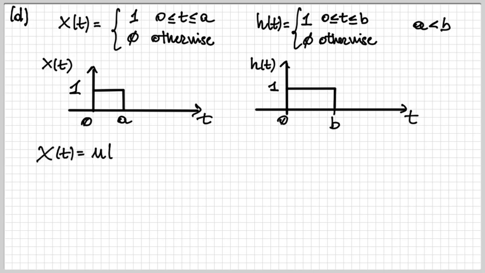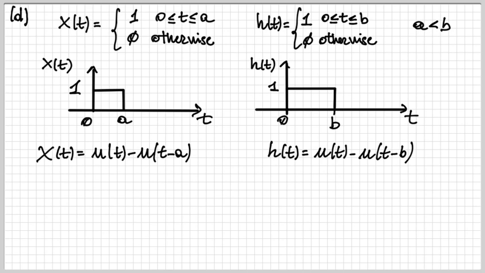So if I want to calculate their convolution, I'm better off writing them with a mathematical expression. So now it's easy to do that after we've drawn them. So x of t can be written as u of t minus u of t minus a. Recall we saw this in this very same video at the beginning, okay? And the same thing can be done for h of t. It can be written as the difference between two step functions. Right, so what's the output of the system then?